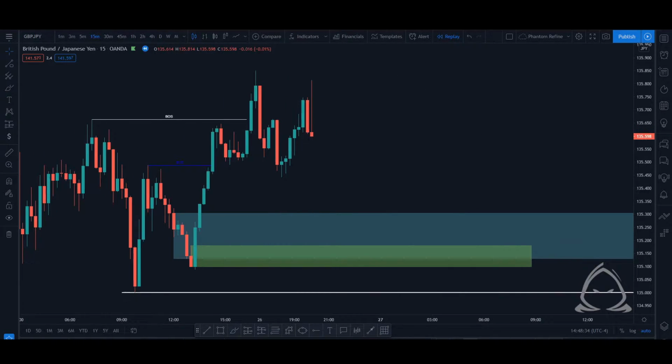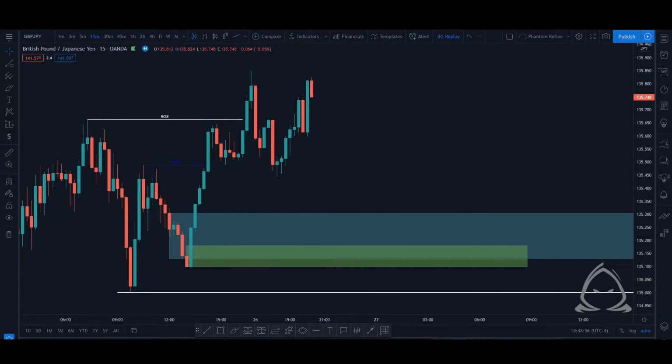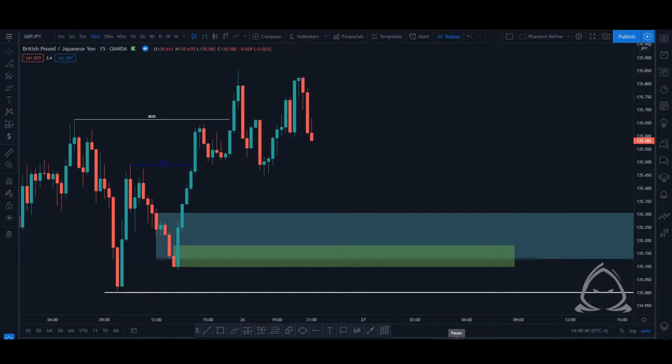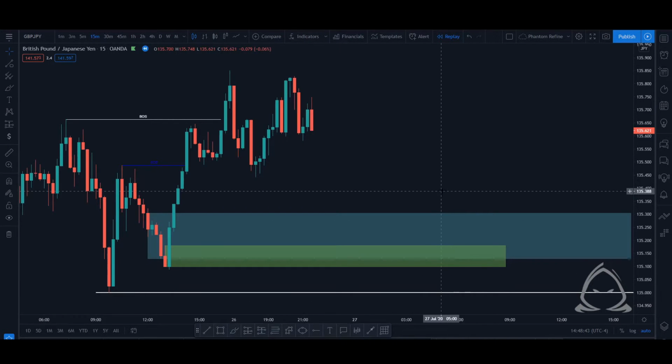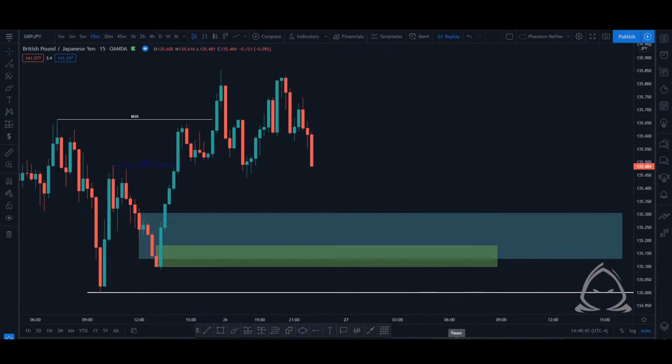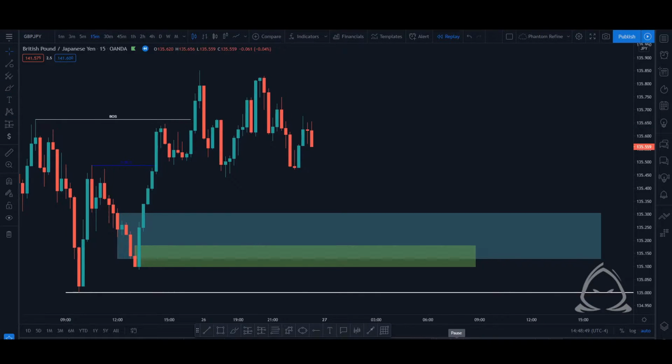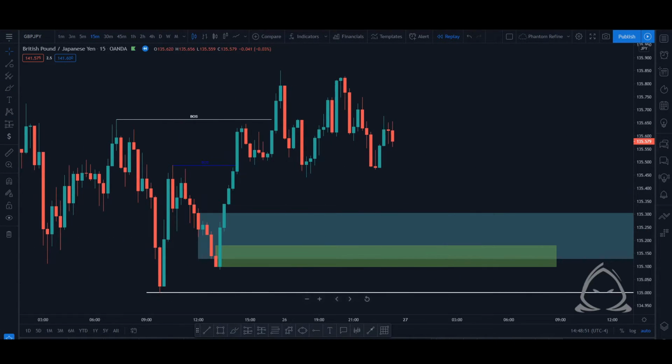So what we can do is just play price forward and wait for price to come close and tap into our order block. Now there's two things we can do in this situation as we are looking to enter in this particular value